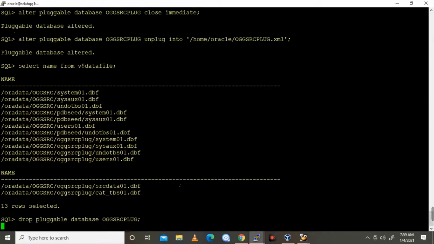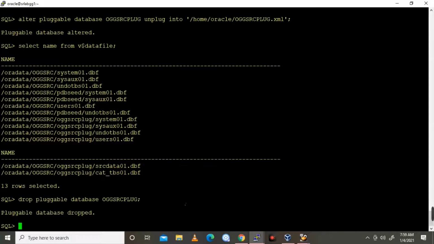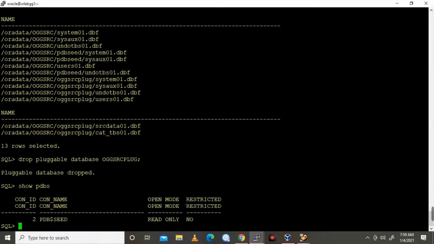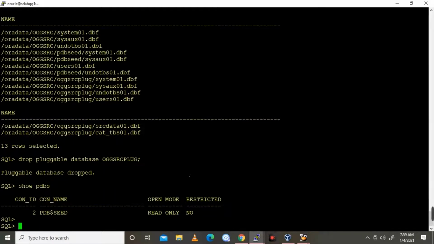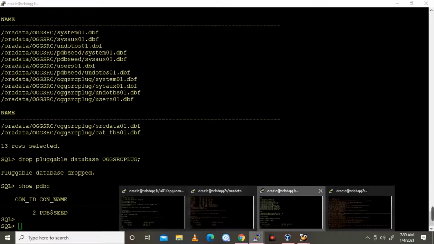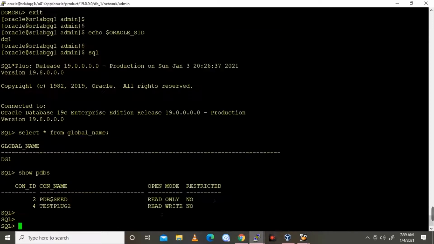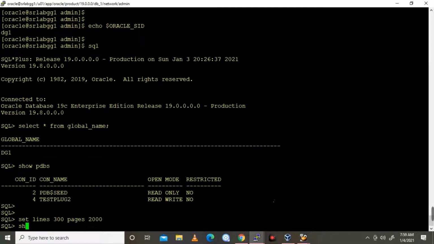So it got unplugged. Now I am validating the data file. Now I am going to drop this pluggable database from this container. So validating, there is no PDB in this container.